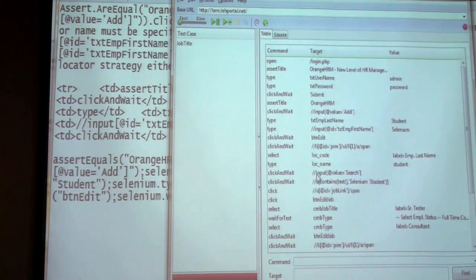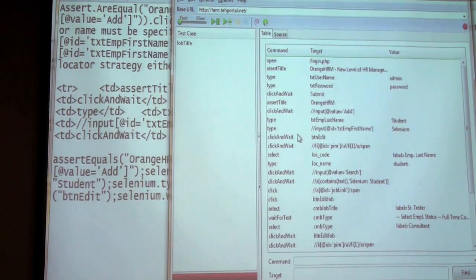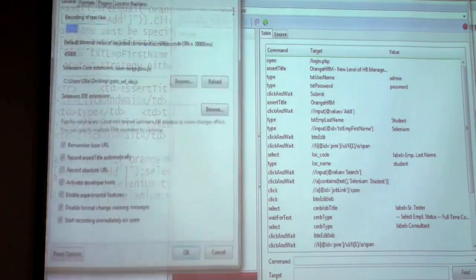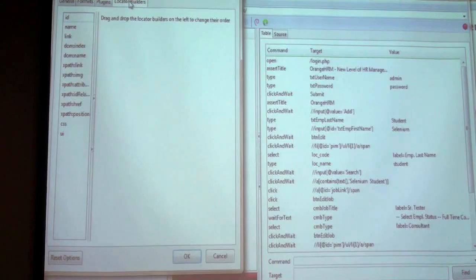Question? Yes? Along those lines, you were talking that as you change the structure of the page, if you use relative paths, it messes you up. Now, are some of those other locator builders less error prone than XPath? We're actually going to talk extensively about this next week, I believe. But, in short,